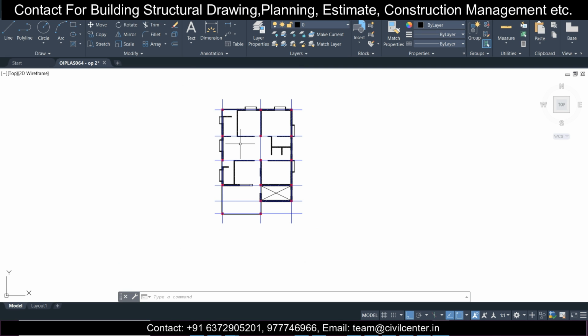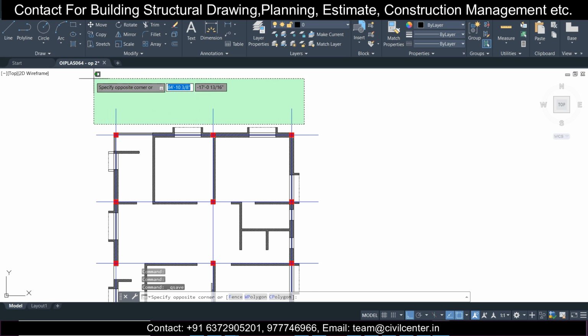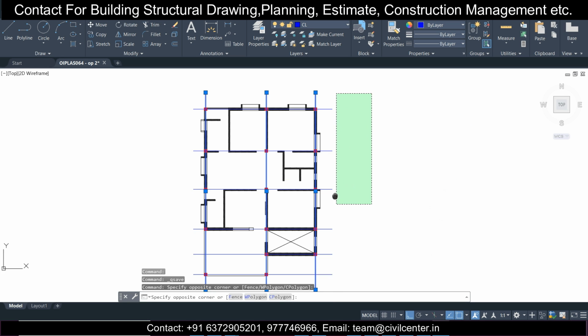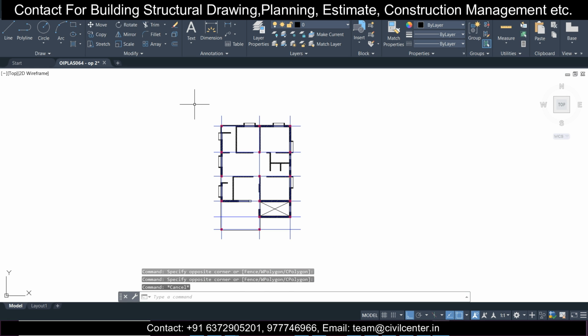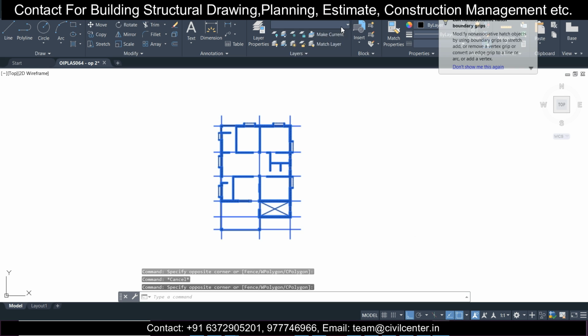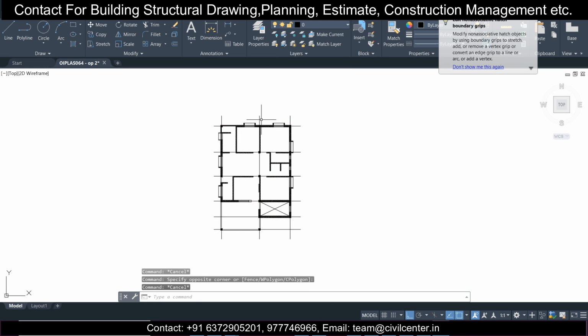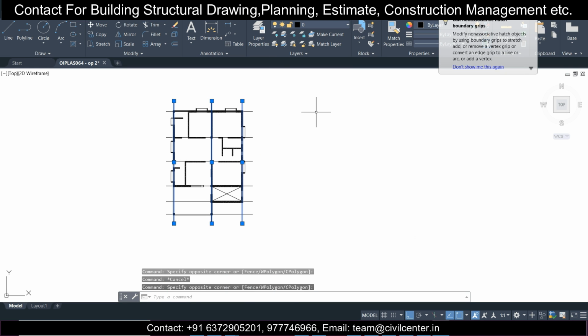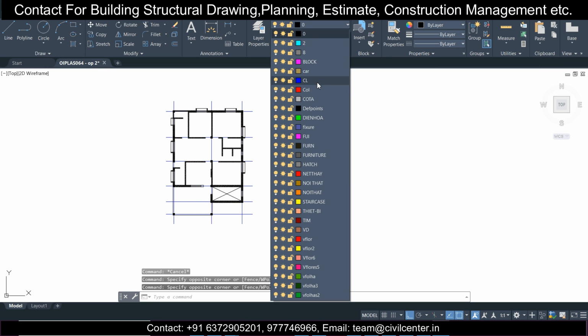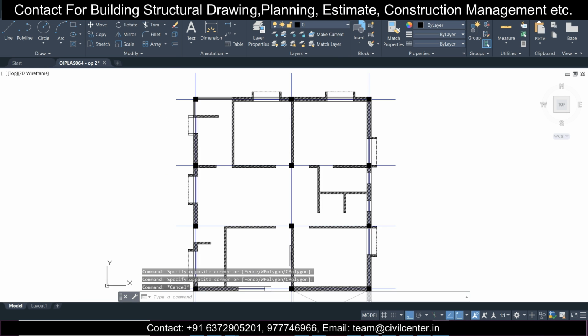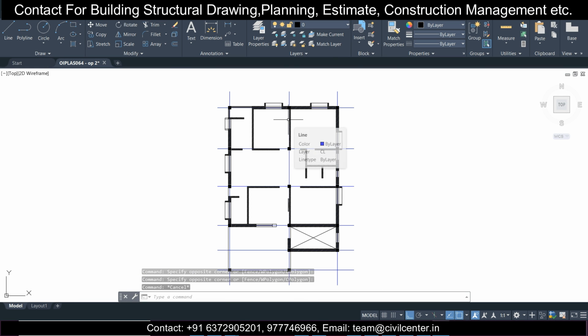For that you'll need to save the model first, and before importing, check whether all the center lines are in the same layer and all the different things are in the same layer or not. Another thing you can do is select the entire model, make them in the 0 layer, and then take this center line and this center line and put them to the CL layer. This ensures that our entire model is in the same layer. Once you've done that, Ctrl+S, save it, and then do this option of DXF out.